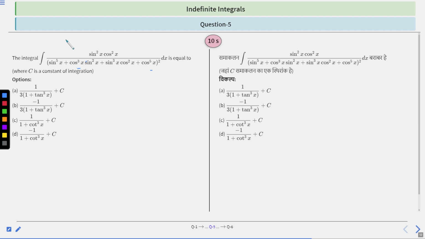See, by looking at this type of question, these questions look like very lengthy questions, right? So you cannot directly integrate that. You just need to simplify these lengthy questions into a simplified and integrable form, right? So by certain mathematical operations, you will try to simplify these equations, right? Okay, so you have 10 seconds to think about and solve this question. After 10 seconds, we will discuss the solution.